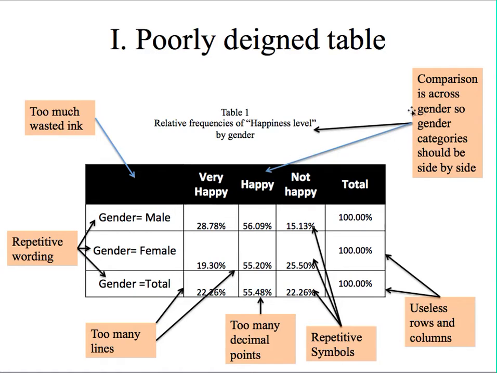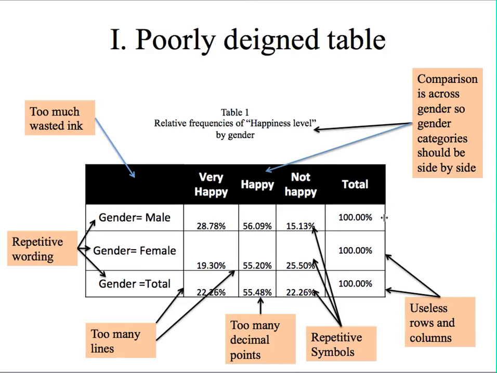Oh, this is the most important thing that we should look at. So the relative frequencies. So the table is supposed to be showing us the relative frequencies of happiness level by gender. So we want to see the happiness for males and compare it to that for females, but the comparison here is up and down. That's not an easy comparison, right? So we should flip the table and have the genders in the column so you can compare men and female, male and female